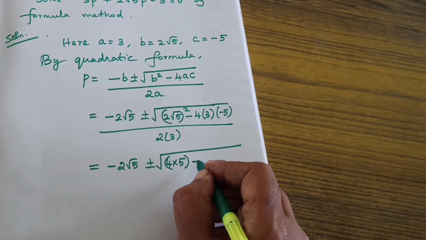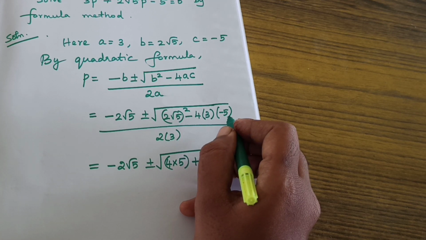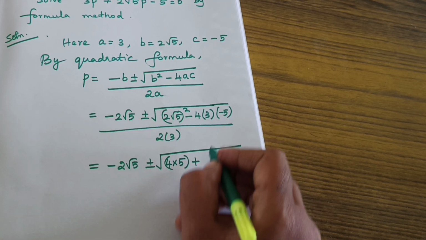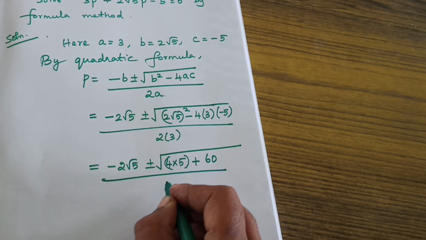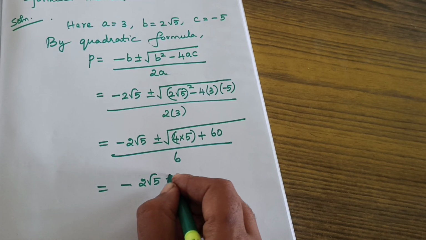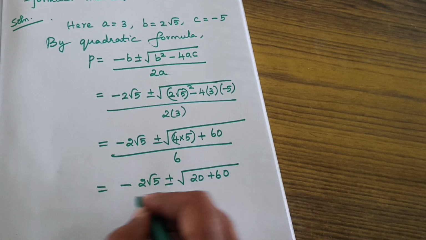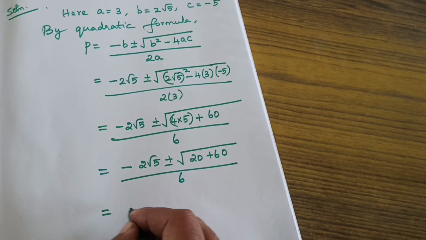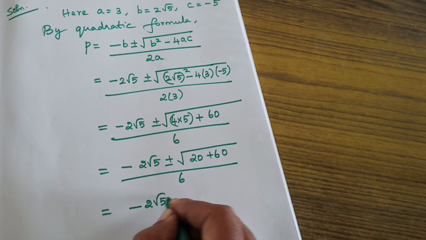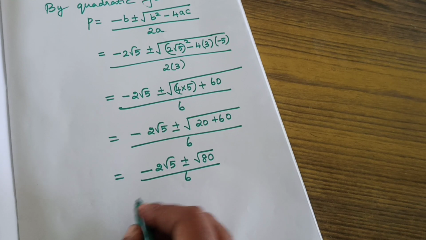Minus into minus plus. 4 3s are 12. 12 5s are 60 by 6, which is equal to minus 2 root 5 plus or minus square root of 20 plus 60 divided by 6, which is equal to minus 2 root 5 plus or minus root 80 by 6, which is